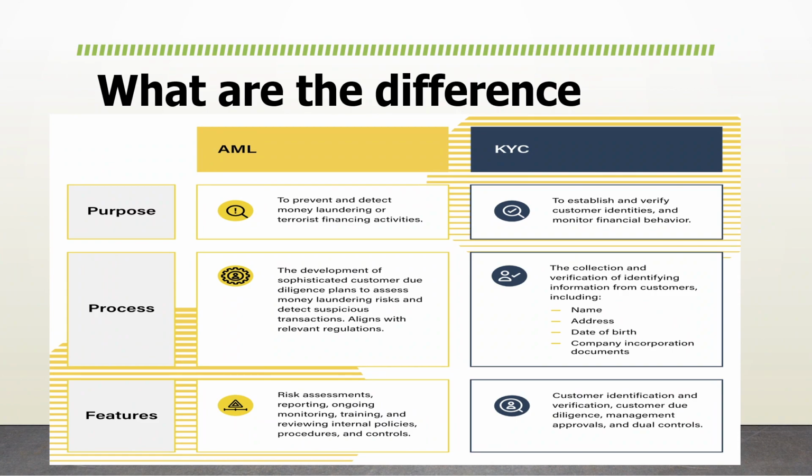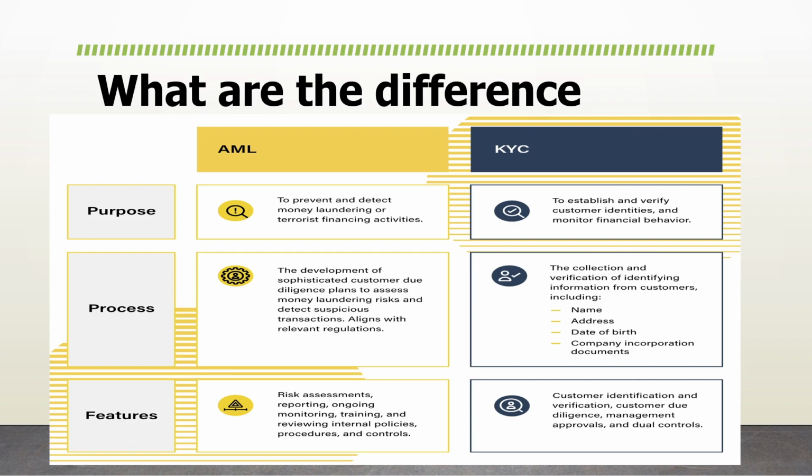Let's discuss what are the differences between KYC and AML. AML's purpose is to prevent and detect money laundering or terrorist financing activity. KYC's purpose is to establish and verify customer identities and monitor financial behaviors. AML process is the development of sophisticated customer due diligence plans to assess money laundering risk and detect suspicious transactions, aligned with relevant regulations. KYC process is the collection and verification of identification information from customers, including name, address, date of birth, company incorporation documents,